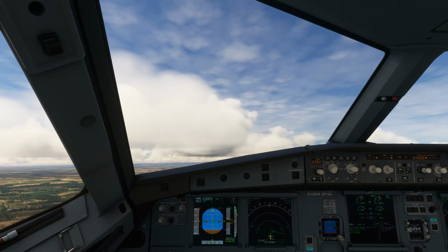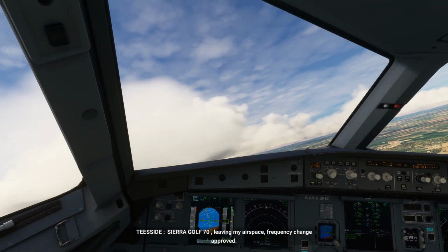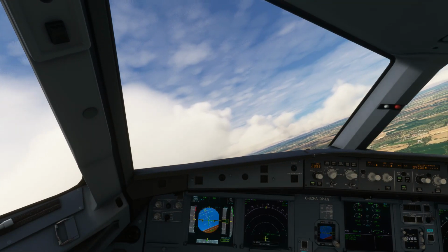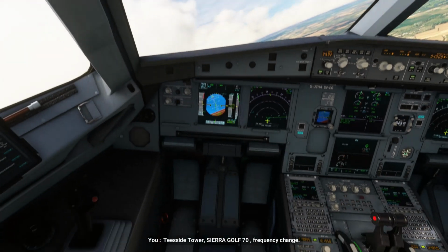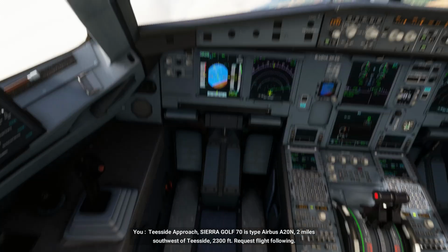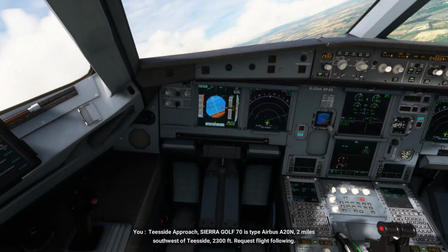Coming up through 180 knots and turning towards ETSIS. Teesside Tower, Sierra Golf 70, frequency change. Throttle to climb power. Teesside Approach, Sierra Golf 70 is type Airbus A320 and 2 miles southwest of Teesside, 2,300